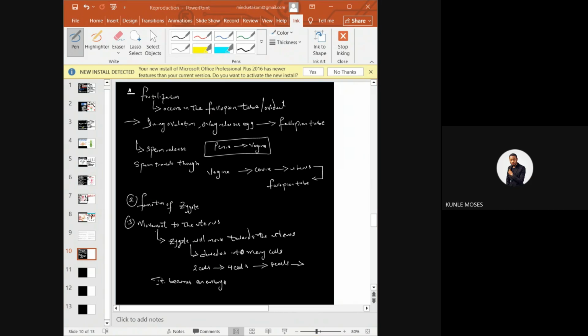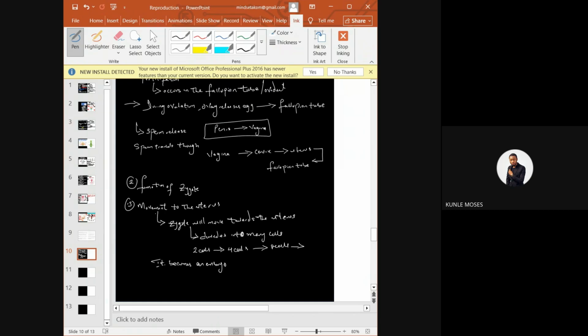After becoming an embryo, implantation will start. I hope you still remember implantation. Implantation occurs in the uterus. So this embryo will reach the uterus. This fourth one is implantation, in case they ask you to list the process, the procedure. Since the zygote has become the embryo